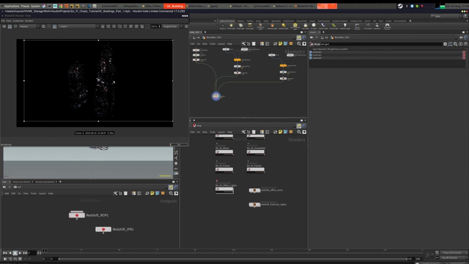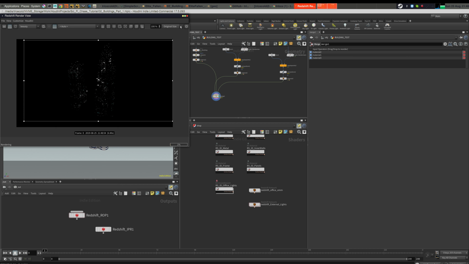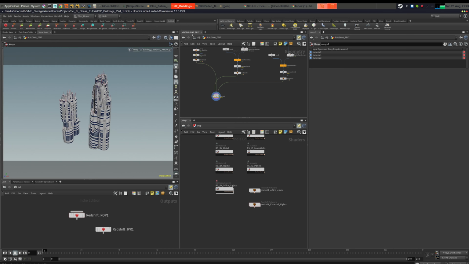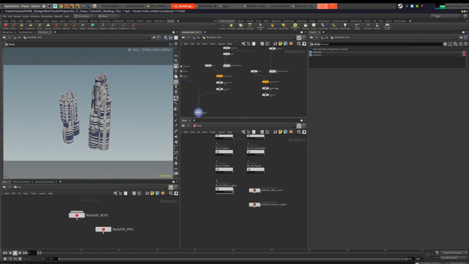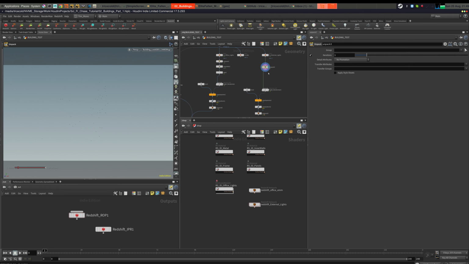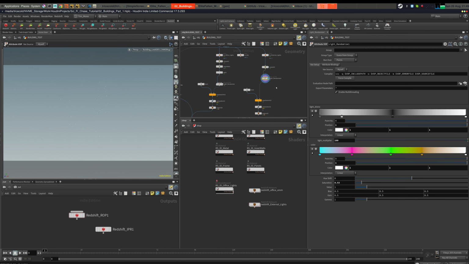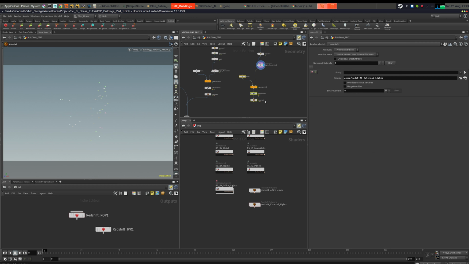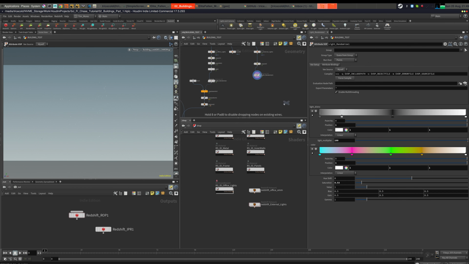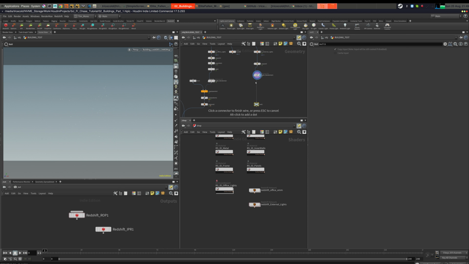Okay, so yeah, for outside we need to use light instancing because we don't want these lights to be visible. So for that to work, we're going to disconnect this from here. We're still going to use these points from here, and then we're going to delete this part. I'm going to say now instance lights,